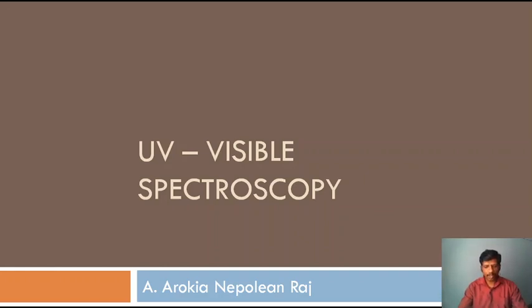The next topic is UV visible spectroscopy. Right? So far we discussed mass spectra, and we discussed the elemental analysis and how to calculate the molecular formula using elemental analysis, how to calculate the formula from molecular weight from mass spectra using the rule of 13 and the nitrogen rule. All these things you can use for calculating the molecular formula. From the molecular formula, you can also calculate the number of double bonds. This much calculation you can do so far. And we have discussed the mass spectra in detail, right? And it is called mass spectrometry. Hereafter, we are going to see spectroscopy.